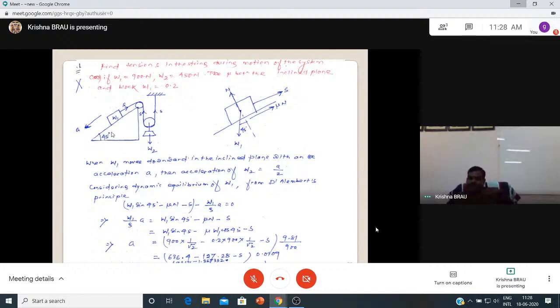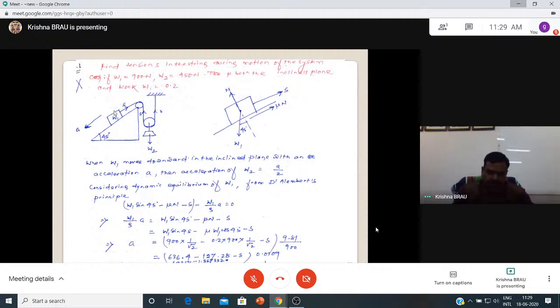You have to find the tension in the string during the motion. Two weights are given. Input data is two weights. Friction between the plane and block 1 is given, the frictional coefficient is given. So now what we have to do is